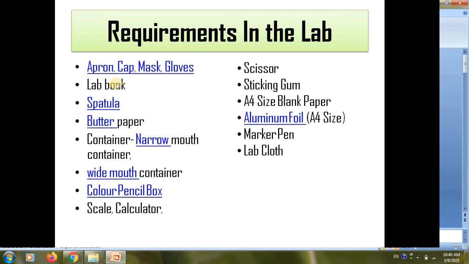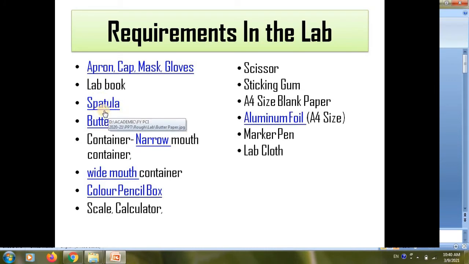Then the lab book. I hope everyone is aware of the lab book. And one more is the journal. The journal you have to buy from the store department. While taking the apron, cap, mask, you have to take the journals from the store department, and along with your journal, there is a separate lab book. The lab book is a normal book where we will practice our practical, and then we will rewrite it in our journal in a good manner. So a separate lab book should be there.